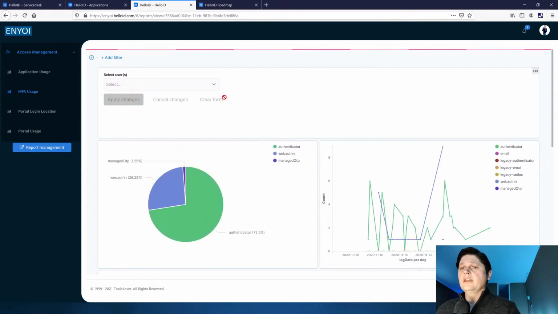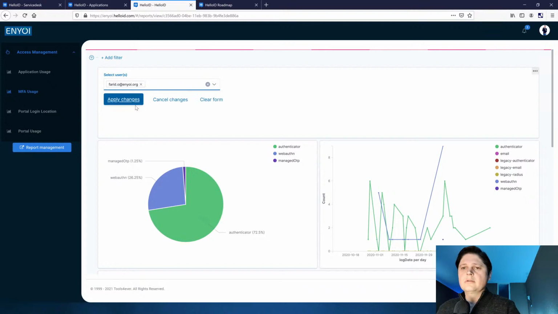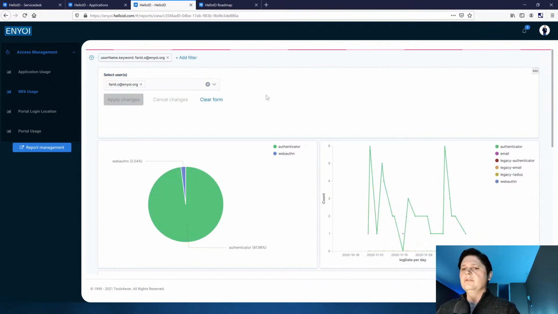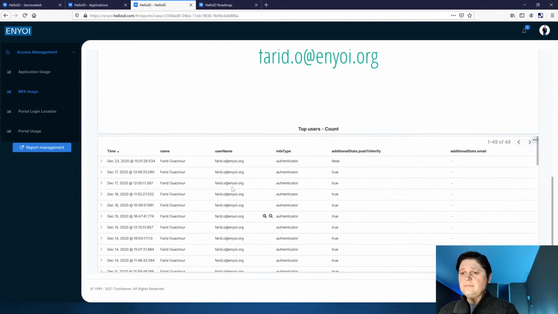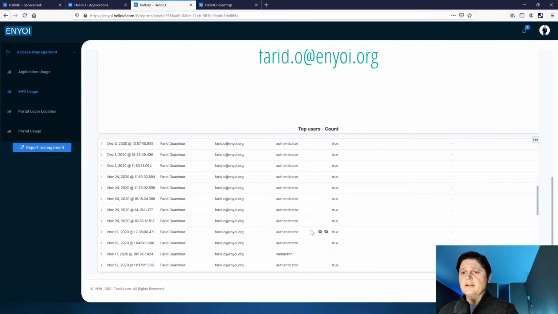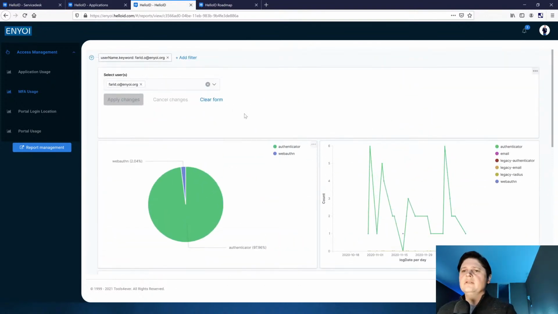And the other thing is I can also select the user here. So I select Farid. Oh, clicked wrong. Apply changes, and it will scope down to a single user, and I can see, okay, 90% of the time he's using the authenticator and a little bit the WebAuthn protocol. And again, I can see the records for it. And with most of the elements, I can click on them, and it will filter automatically. So if we go back again,